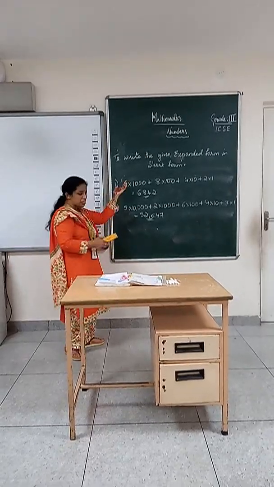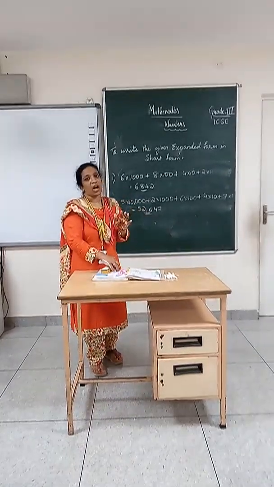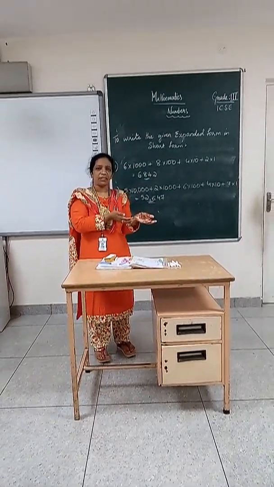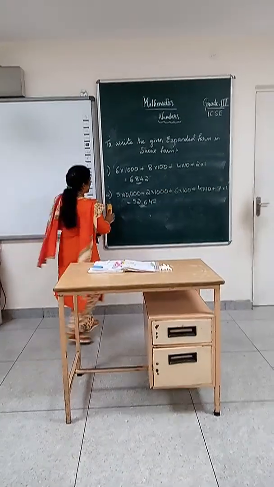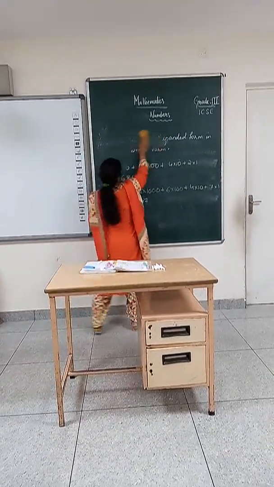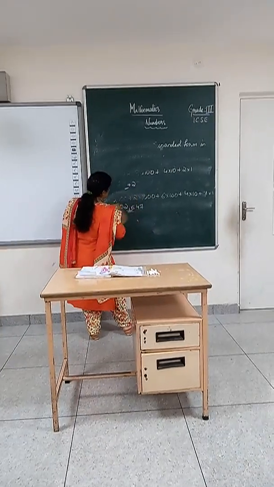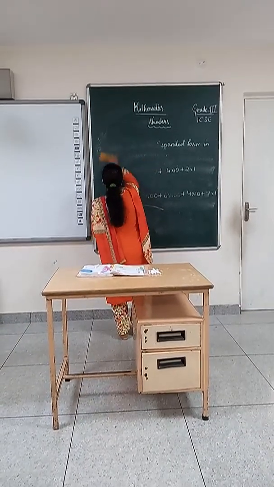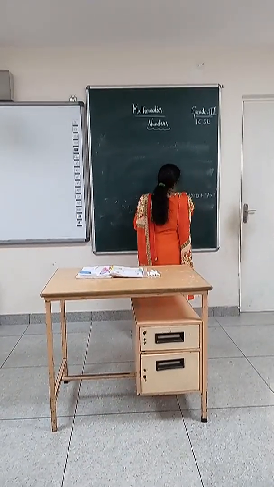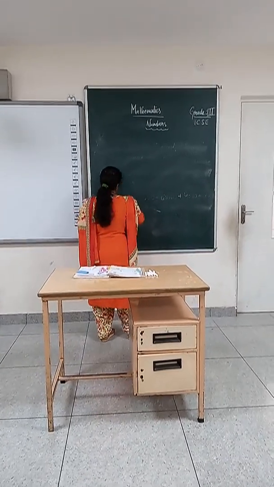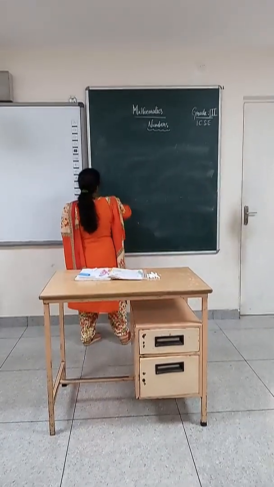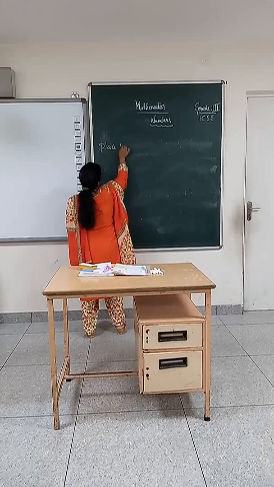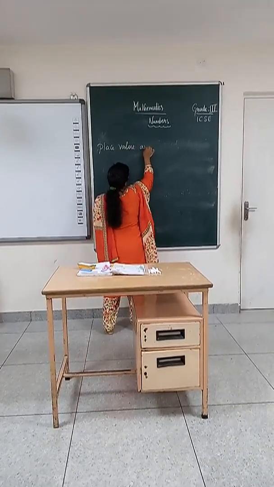Okay. So now children, I hope this is clear to all of you now. How to write the expanded form into the short form or short form into the expanded form. So next we'll continue now with the place value, as you already know. But something else today I just want to tell you here, that is face value. So I hope you have learned or you have heard of it, but let us know more about it. The place value and the face value of the given number. So place value and face value.